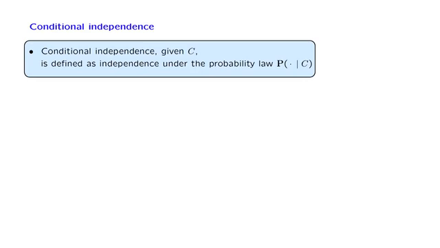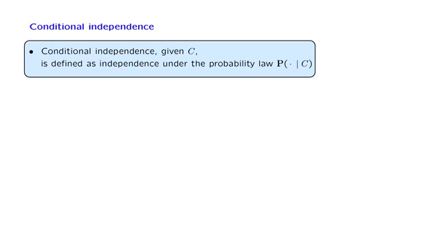Conditional probabilities are like ordinary probabilities, except that they apply to a new situation where some additional information is available. For this reason, any concept relevant to probability models has a counterpart that applies to conditional probability models. In this spirit, we can define a notion of conditional independence, which is nothing but the notion of independence applied